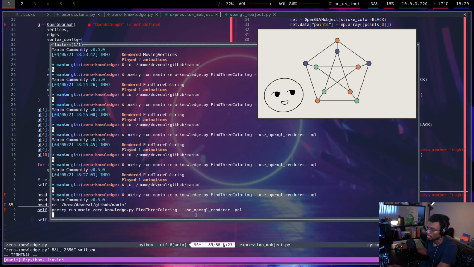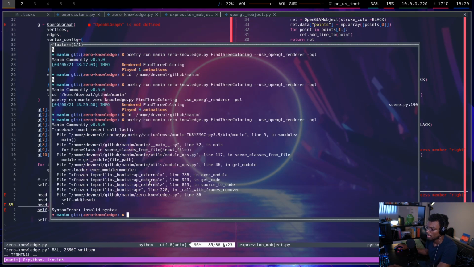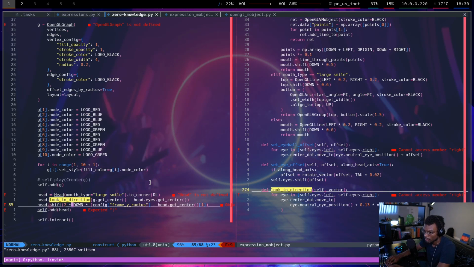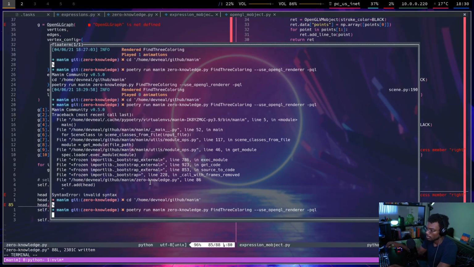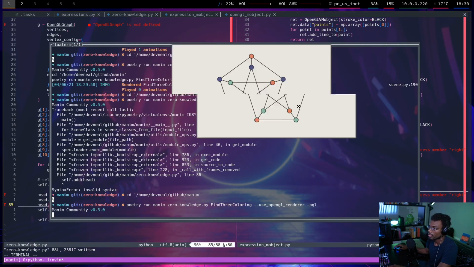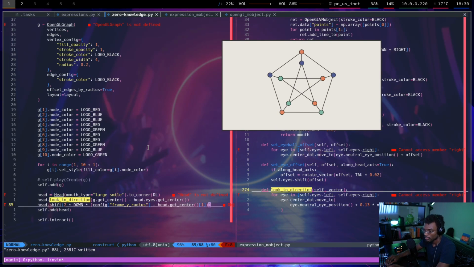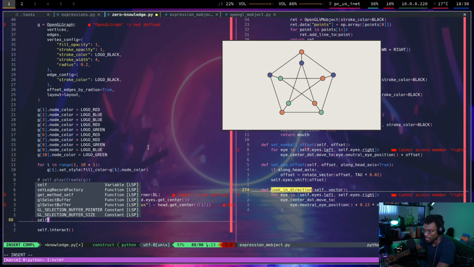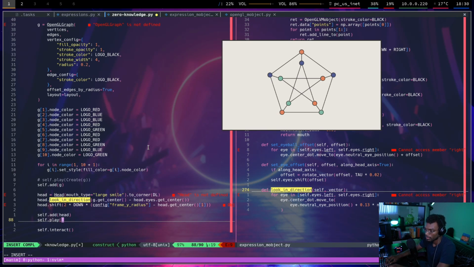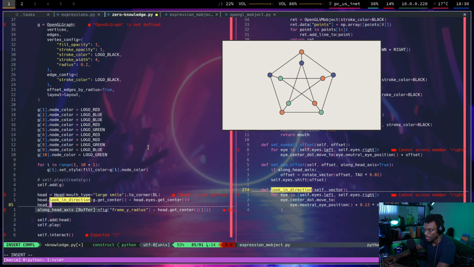Okay, I think this should have the head off of the screen. And what did I do? Did I miss the parentheses? Yeah, I did. Great. So he's off the screen. Then what I'm going to do is self.play. Then I'm basically going to shift him up by this much. So let me just get the head